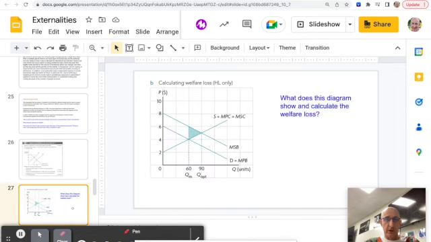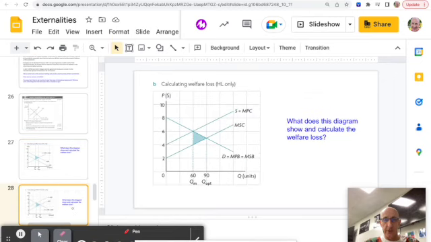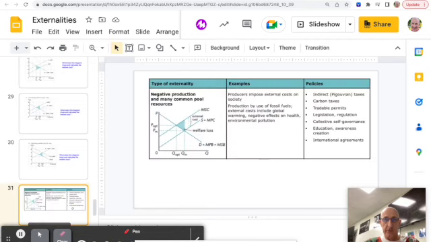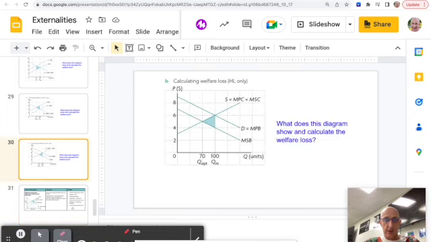Don't forget, if you're higher level, that you need to be able to calculate the welfare areas. So all of those welfare areas that I've just shown you on the diagrams could come up in paper 3, where they ask you to actually calculate it. Standard level, you just need to know the areas exist, but there's some examples of calculations that revolve around here. And high level, you need to know that